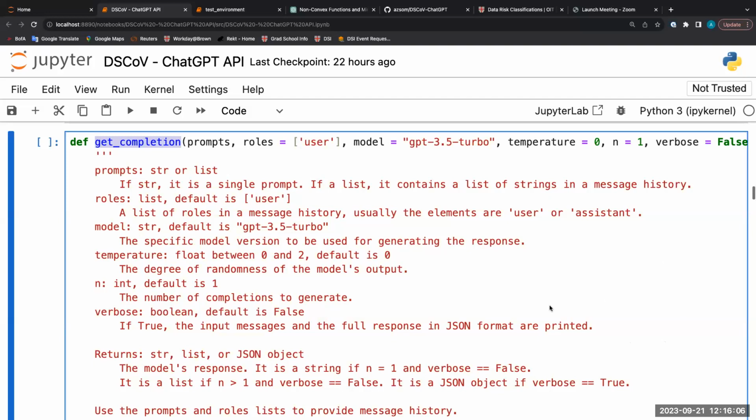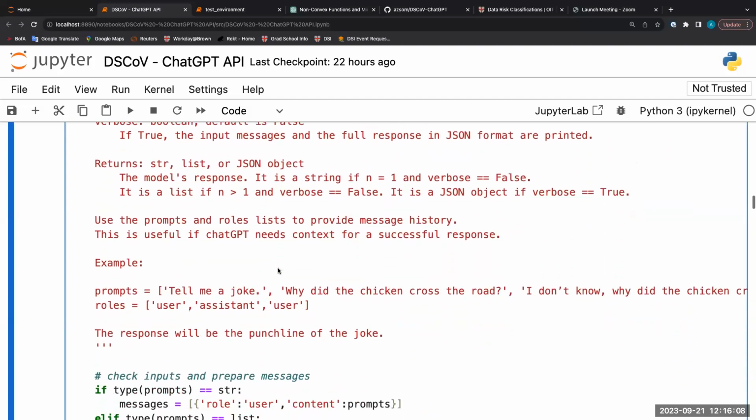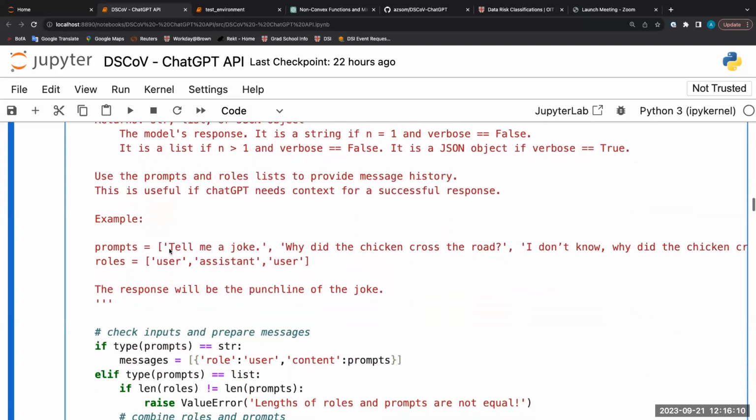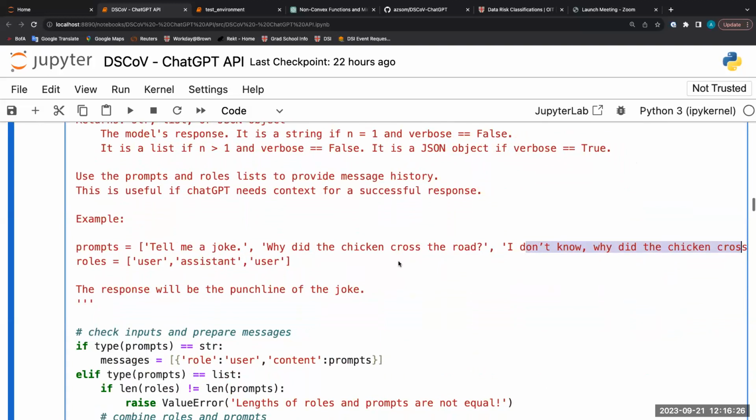One nice example I give here is you as a user ask ChatGPT to tell a joke. And then ChatGPT will reply, why did the chicken cross the road? That will be in an assistant role. And then you ask ChatGPT, I don't know, why did the chicken cross the road?